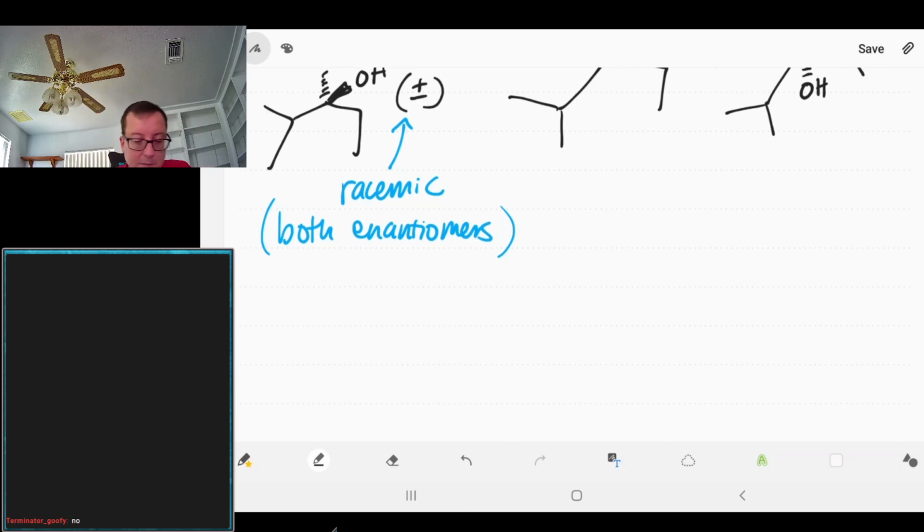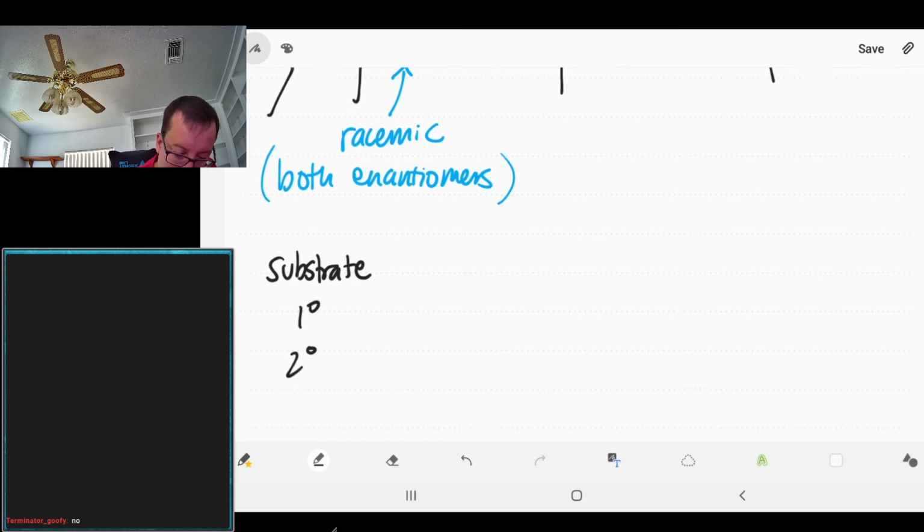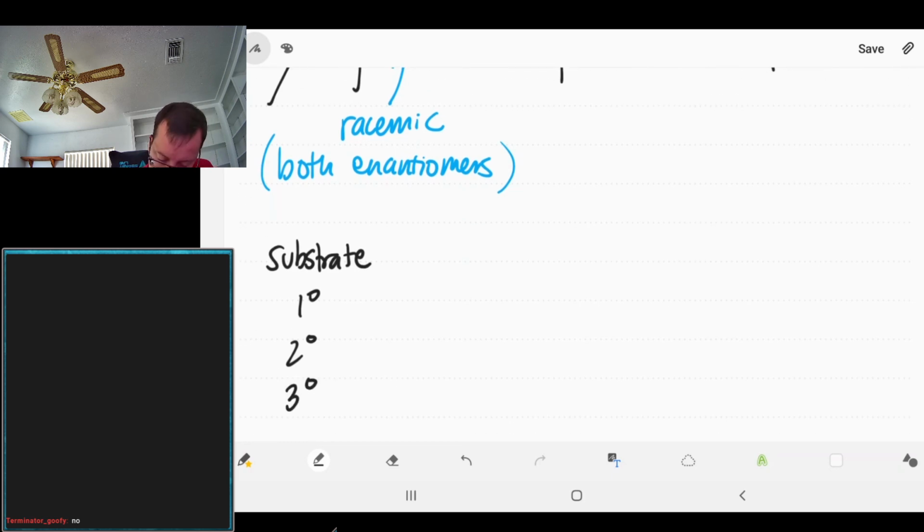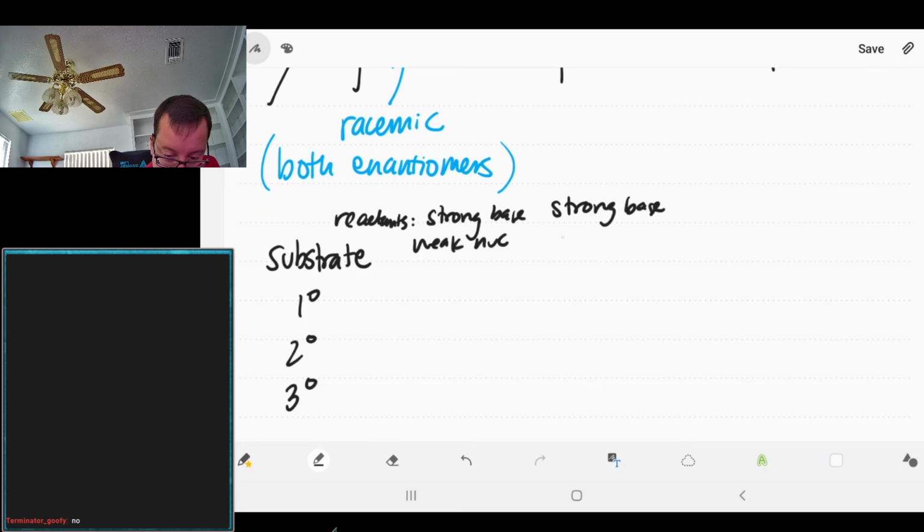We're going to have our substrate, just for those of you who don't have the book. And then we're going to have our reactants up here. If our reactant is a strong base that is a weak nucleophile, or if we have a strong base that is a strong nucleophile,